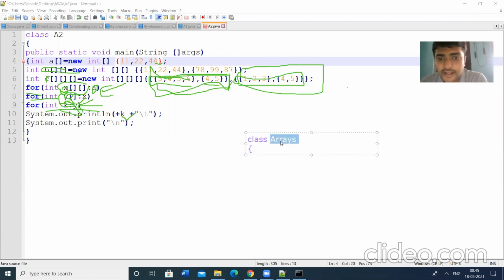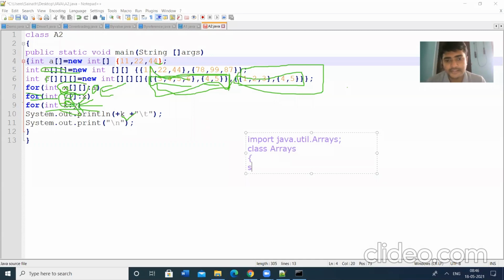This class can be imported from the package util. If you want to use that package, you have to use the import java.util.Arrays. If you import this package, then we can use the methods.